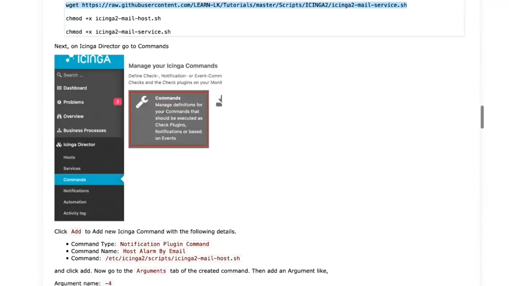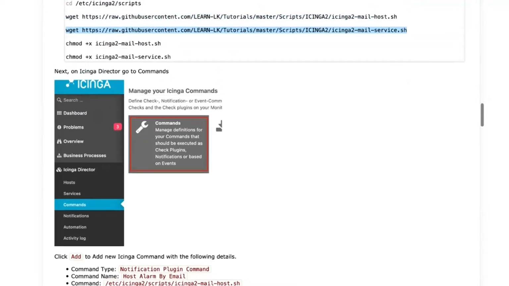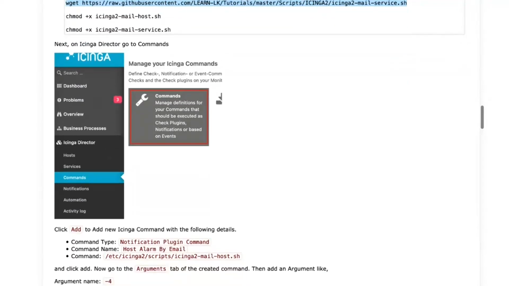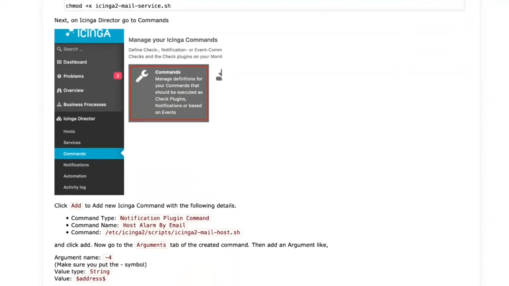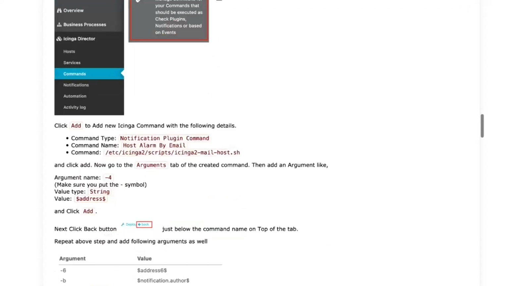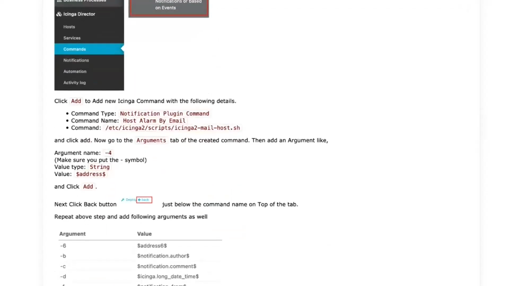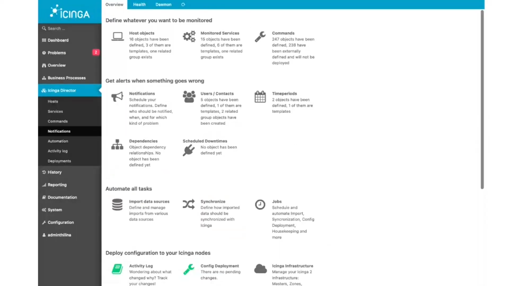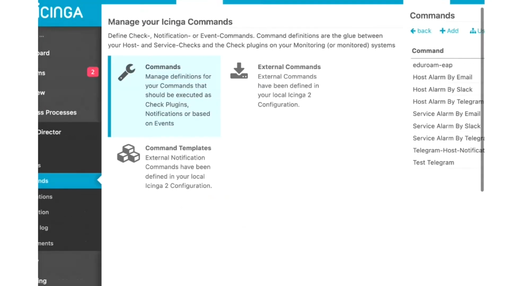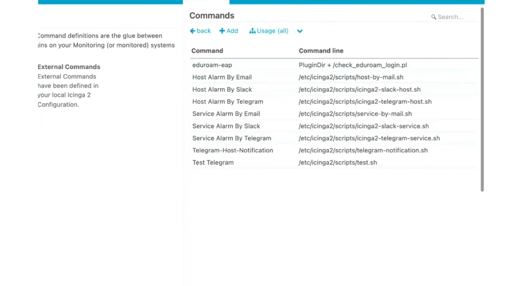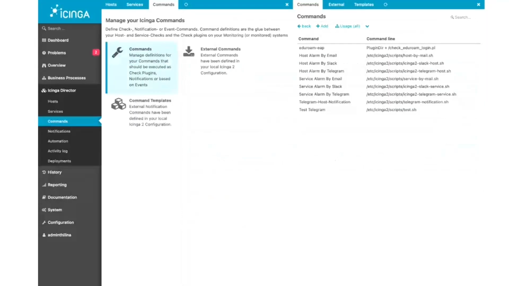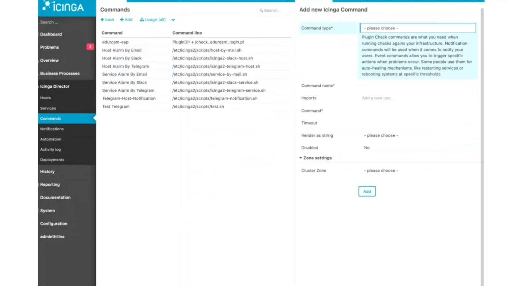Next, we need to associate these two scripts in your Icinga Director. To do that, you have to go to commands and create a custom command to associate that particular script. That is done by clicking this command and adding a new command. When you go to commands, you can see I have already created a lot of commands. Once you click add,